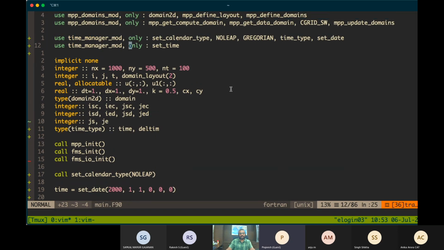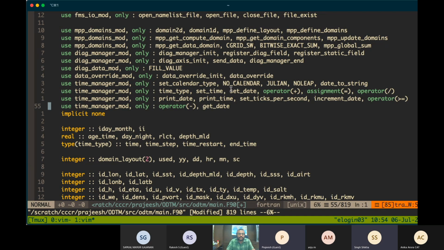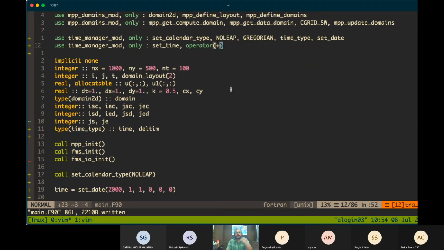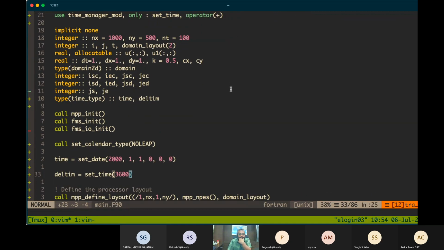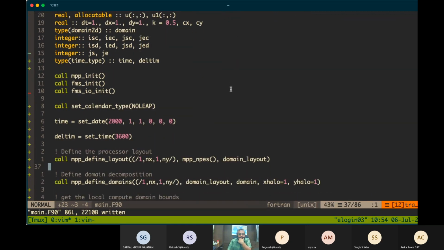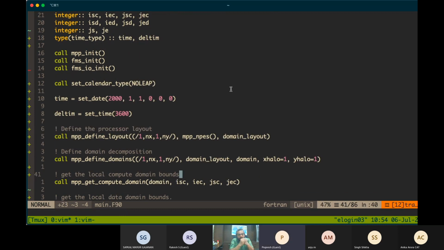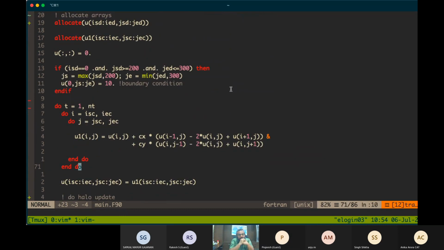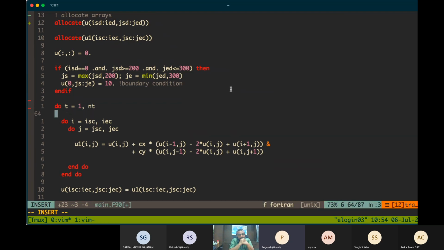We also need to import some operator. So this is an addition operator for time type. Now I'll implement that in here.